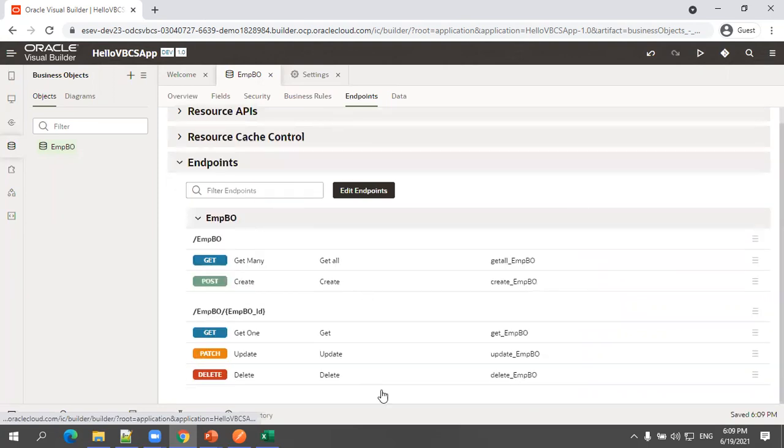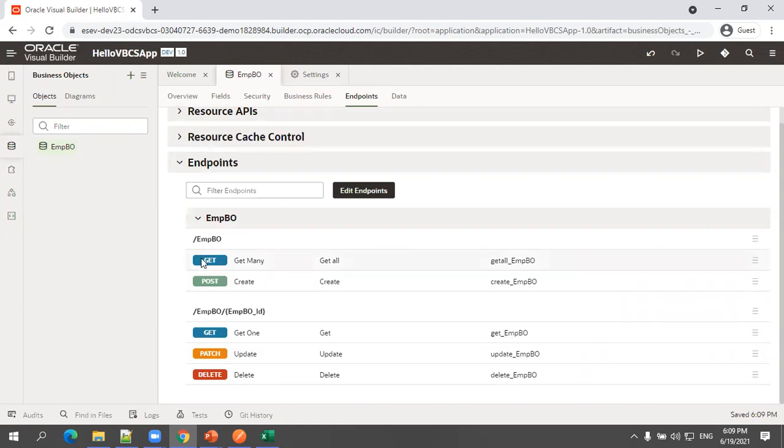These endpoints, don't try to disturb them. Let them generate by default. Now here, if you observe, I have endpoints like get and post. Get is for the purpose of getting all the data. Post is for the purpose of creating a record. And here, if you want to get the data of a specific ID, you can mention a slash and a particular ID. Patch is for the purpose of updating it. Delete is for the purpose of deleting a specific record.